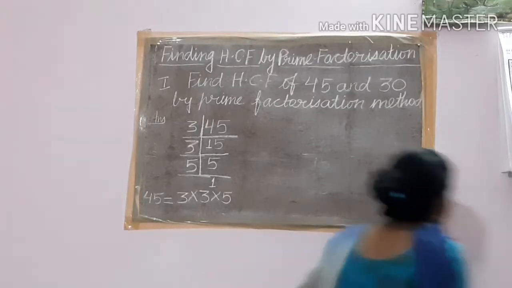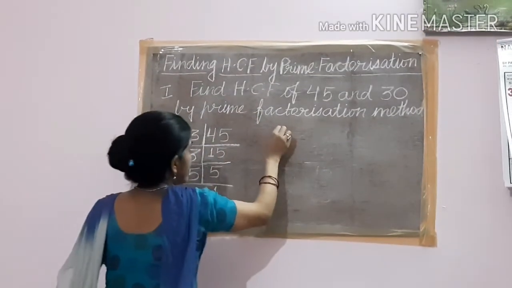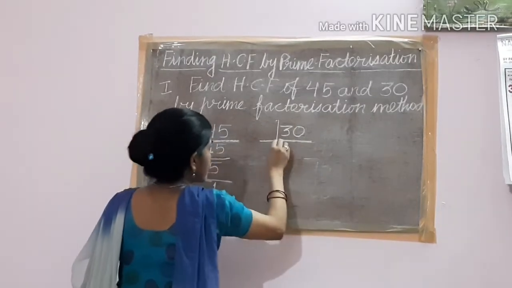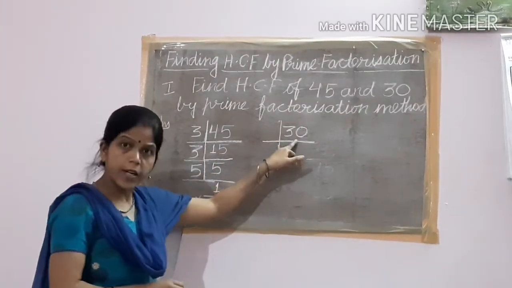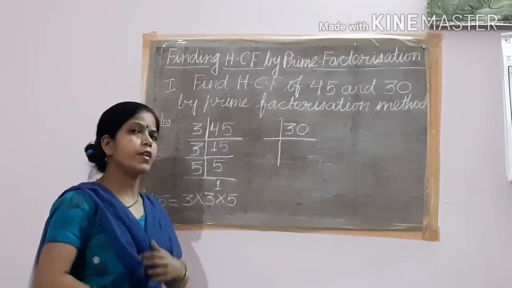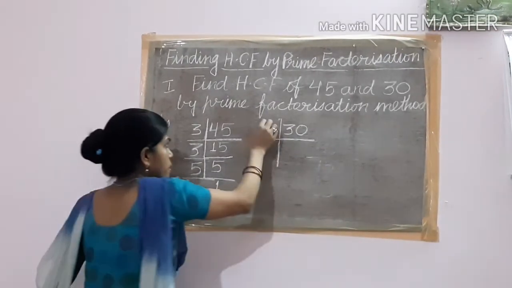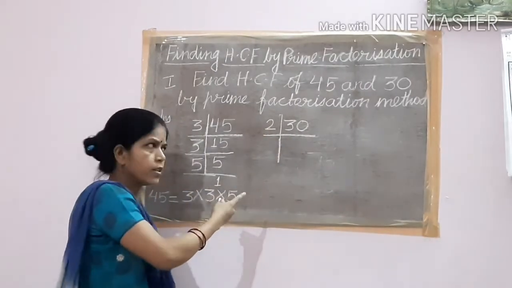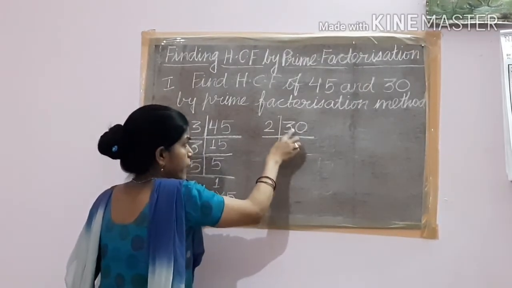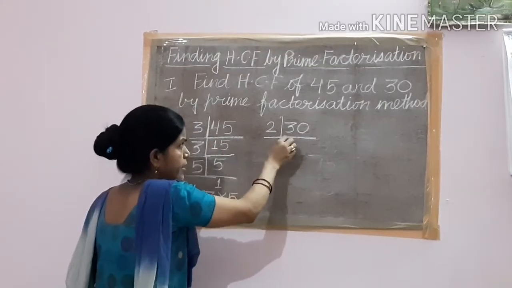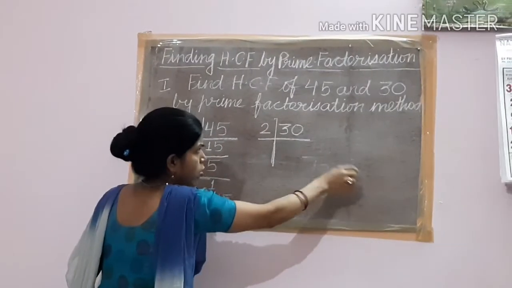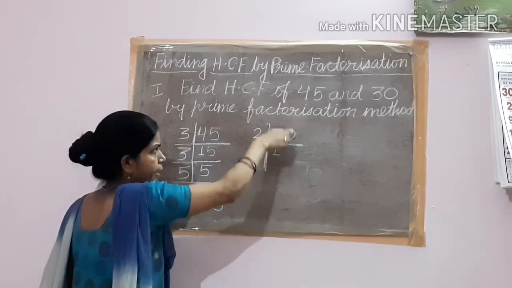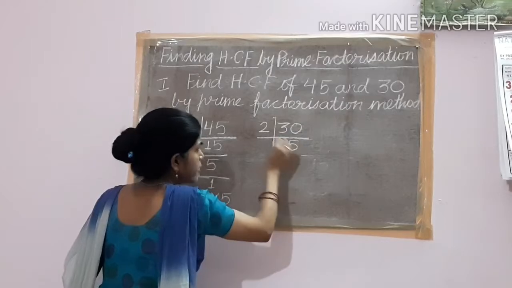using the short division method, that is 30. Let us divide it. In 30, the ones place 0 is there. So we will first take 2 to divide it by 2. 15 2s are 30. Or you can do it using short division. Don't always use the long division method. 2 ones are 2, 1 is in your mind, 1 and 0, 10. 2 fives are 10.